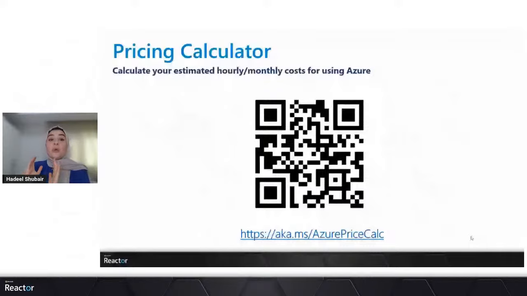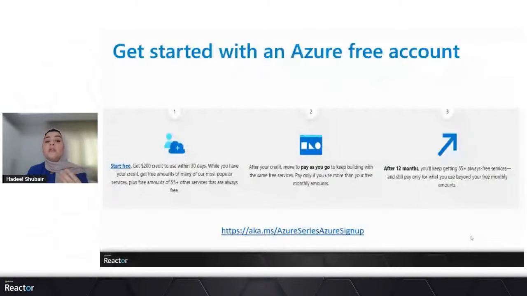Also, if you are willing to get started with an Azure free account, and let's say you are not a student and want to use a standard free account, Azure helps you start free. You can start by getting $200 of credit to use within 30 days, so for 1 month. While you have this $200 of credit, you get free amounts of many of the most popular services on Azure, plus free amounts of more than 55 services that are always free.